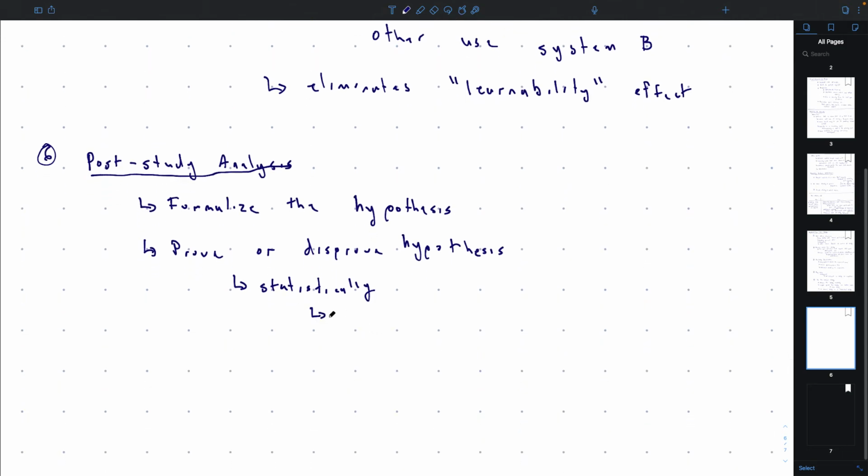And what does it mean to prove or disprove a hypothesis statistically? It means that the numbers that you're seeing are unlikely to be due to just pure chance, okay? There's always the chance that group B will be better than group A just because you happen to put faster people in group B than group A, okay? But there's a certain probability that that will happen, and the bigger your groups get, the smaller that probability is that it's just by chance.